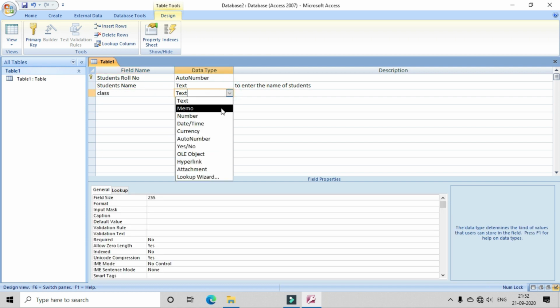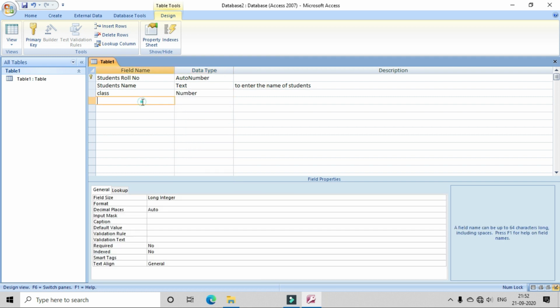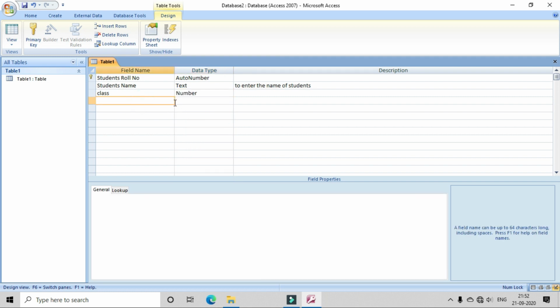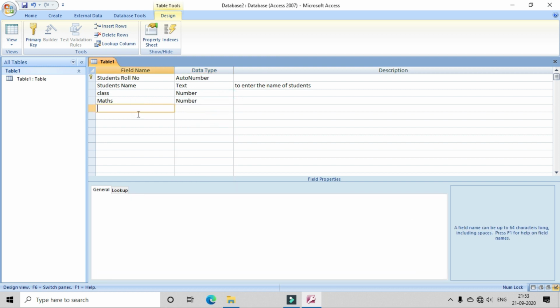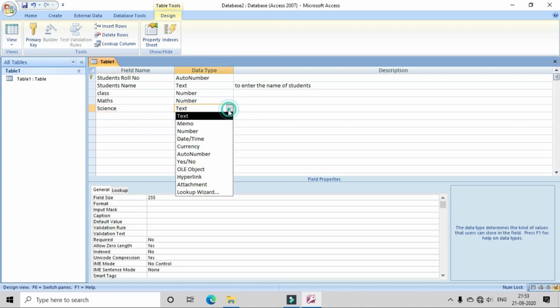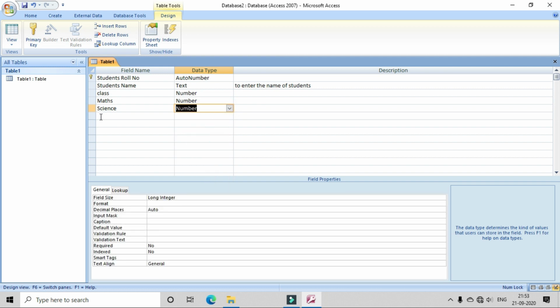Okay, after that suppose subject like maths, it will be a number. Science, it will be also a number. Geography,